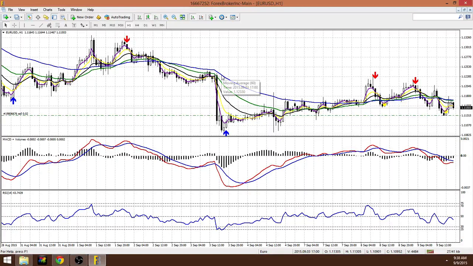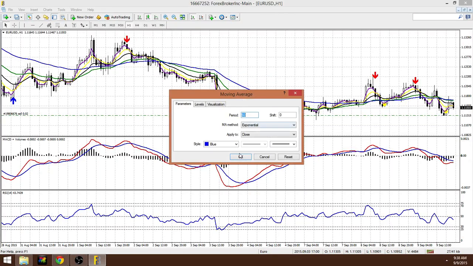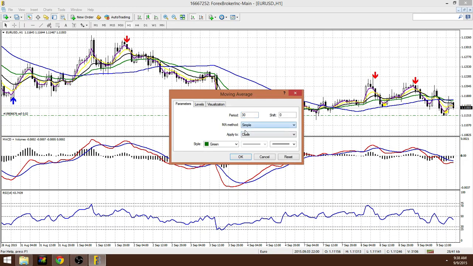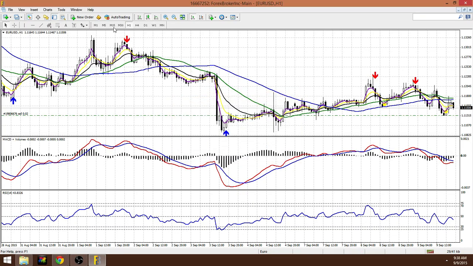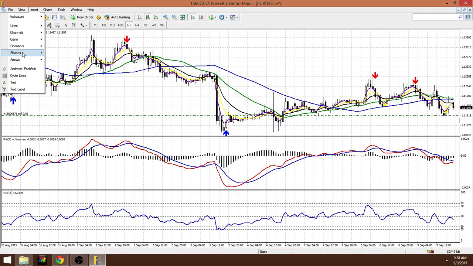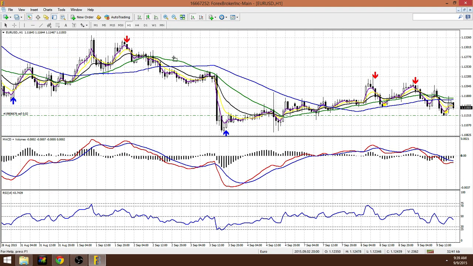Okay, so we're back. So we have the 16 exponential. Okay, right? So we're gonna make it simple. And then we're gonna take this one and we're gonna make it simple. And remember when I showed you guys, this one had crossed about right here. Remember? And now look, with the simple, it crosses way over here. So you could be like, well, you know what? It might just be that we're gonna keep going in an uptrend since this was in an uptrend,